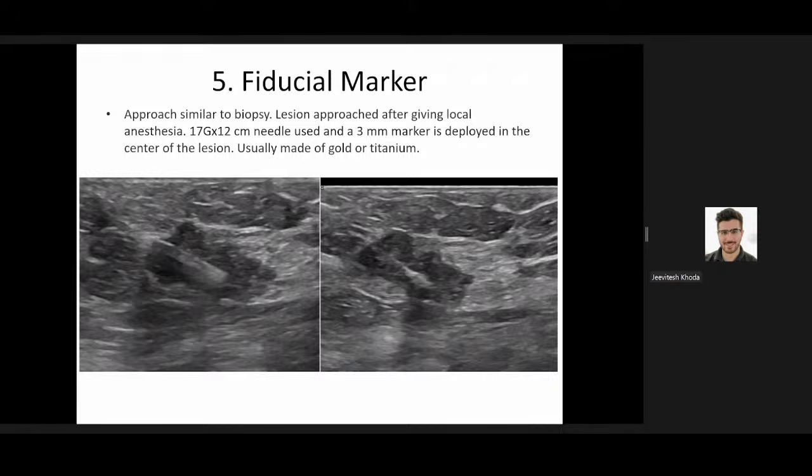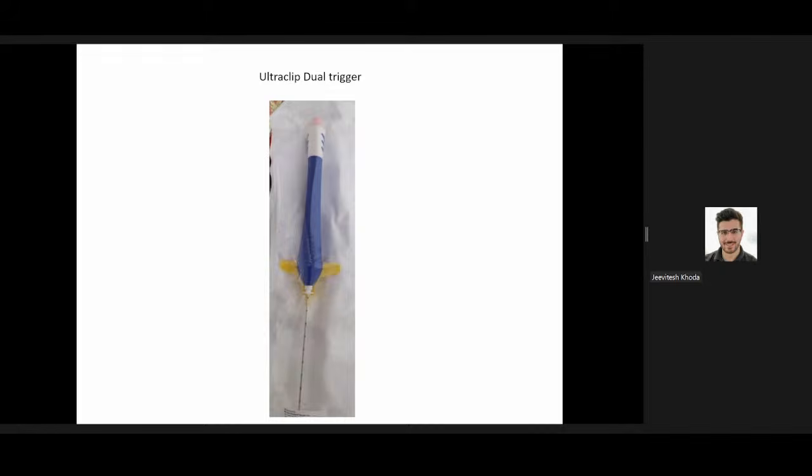The one which we use in our department is an Ultra Clip dual trigger, again a Bard equipment. It's very simple. The needle is gauged with 1 centimeter marks, and once you reach the area of interest, you just have to push this pink button behind, and it just pushes